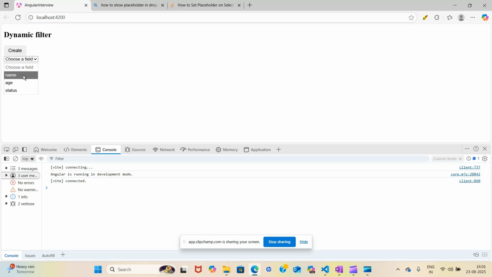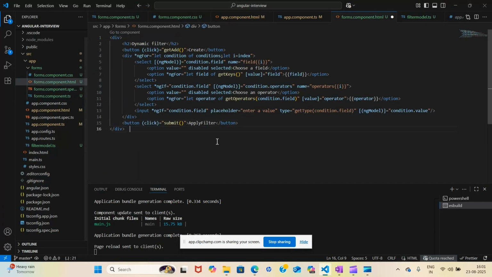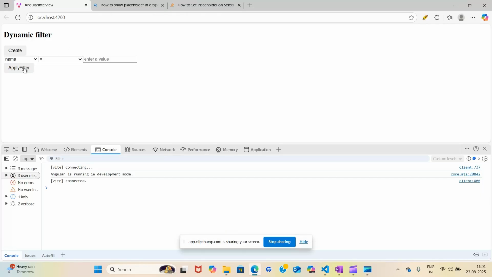So now if I selected name, then I chose this and entered a value. Wait a minute, we haven't saved our HTML file, that's why the button is not visible. Yeah, now the apply filter button is visible, right?